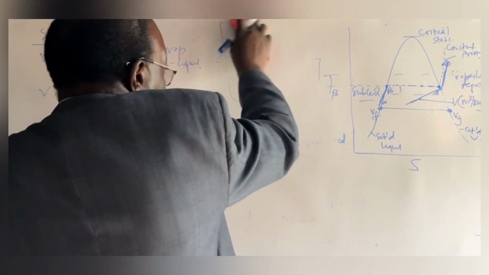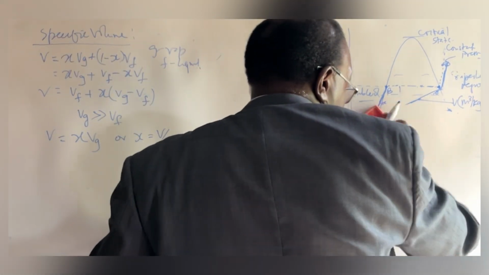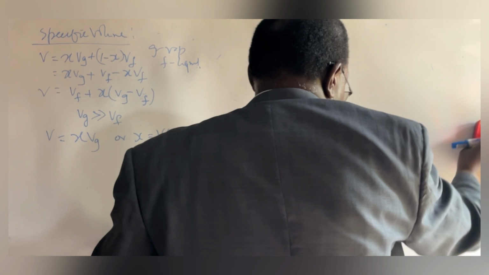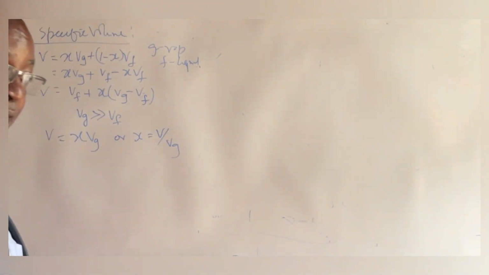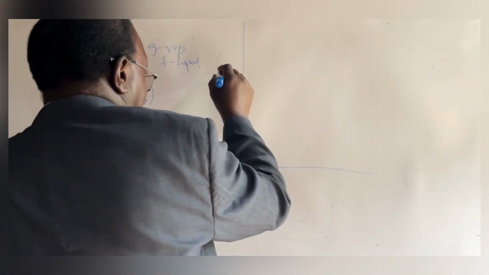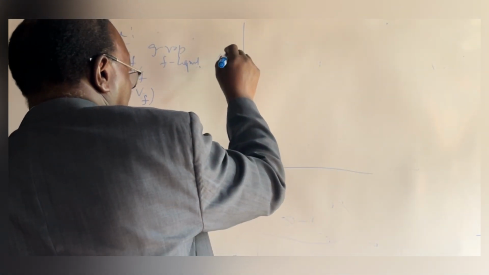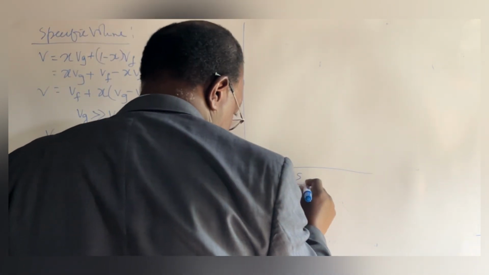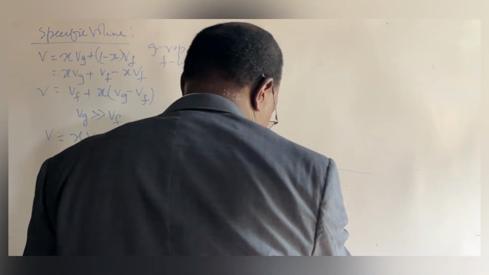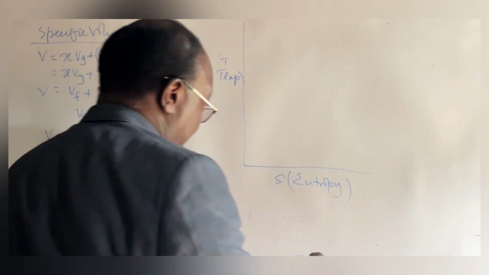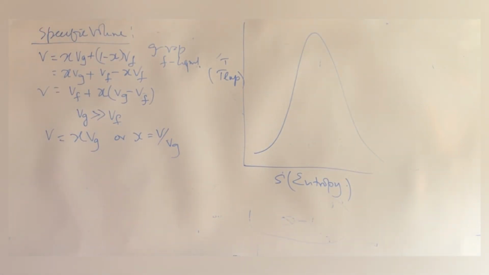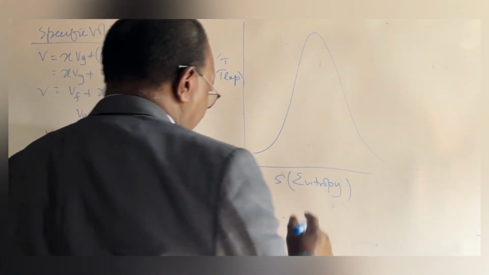the other thing which you need to be interested in is the dryness fraction, which measures the quality of the wet vapor. The dryness fraction X measures the quality of the vapor. And how do we go about doing that? So we have our temperature and we have our entropy, temperature and entropy, that's S. Dome shape, saturation curves. And so what are we saying? At different temperatures,